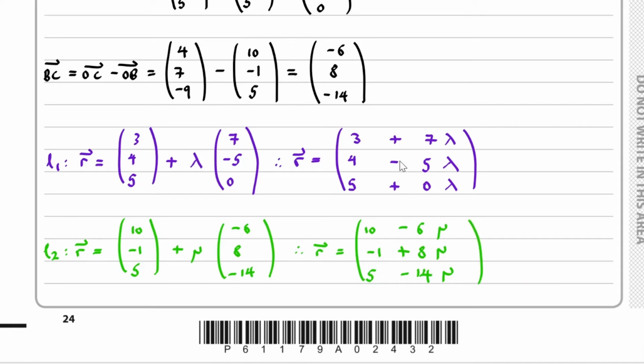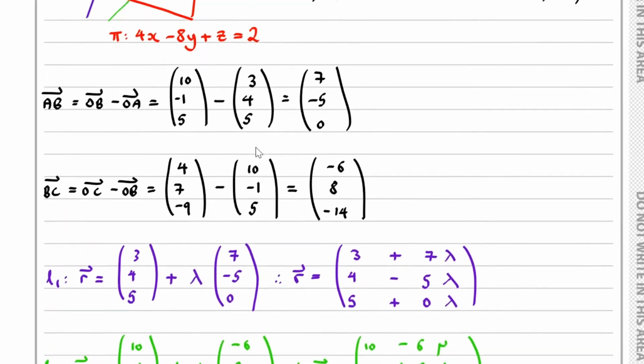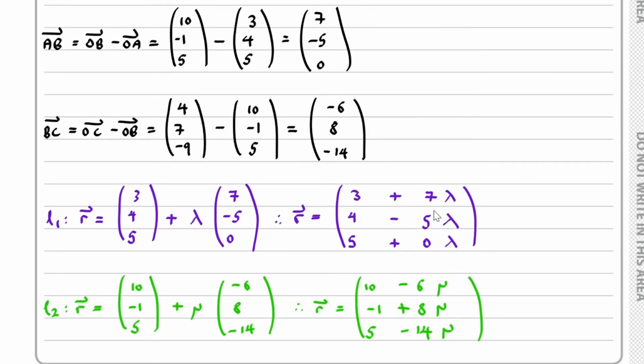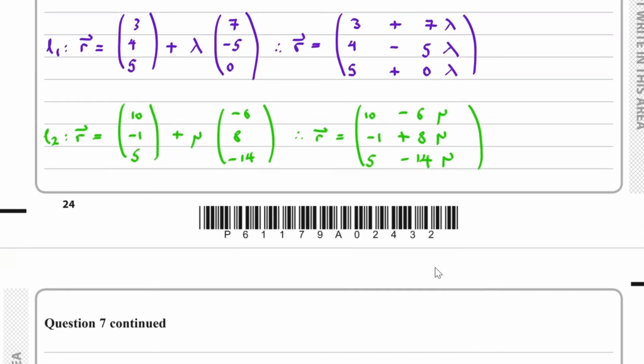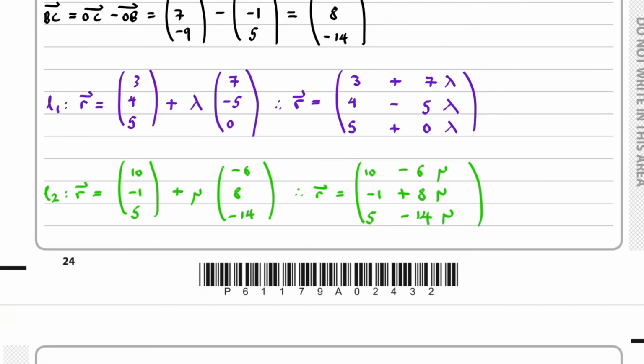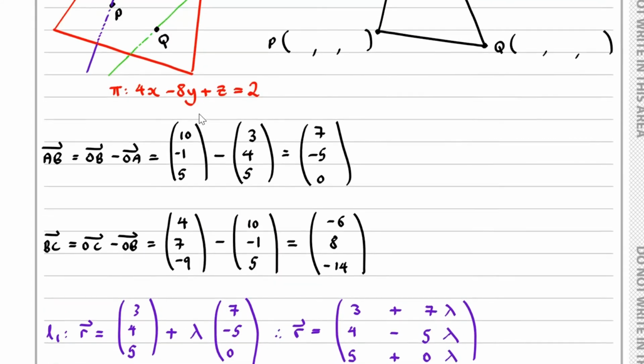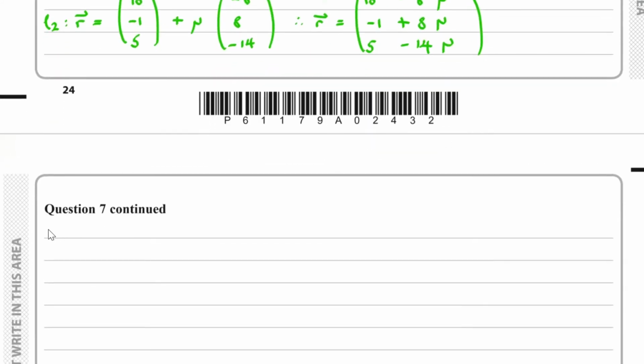So having said all that, we can now substitute these back into our plane pi to find out the values of lambda and mu. And once we do that, we can find out the values of p and q. So doing that,